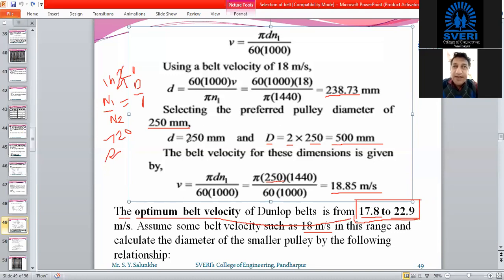Because you decided 250 millimeter from the standard size, while your actual value is 238.73 millimeter, we have to check once again whether the belt velocity is in range. It is between 17.8 and 22.9, so yes, it is optimum and we can go further. Got it? Any question?